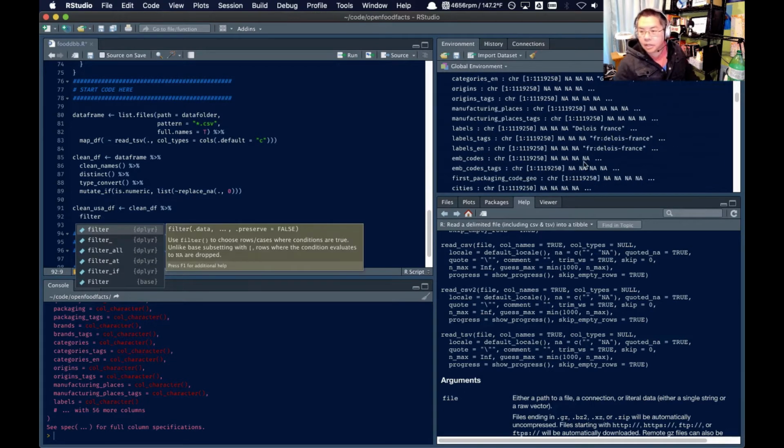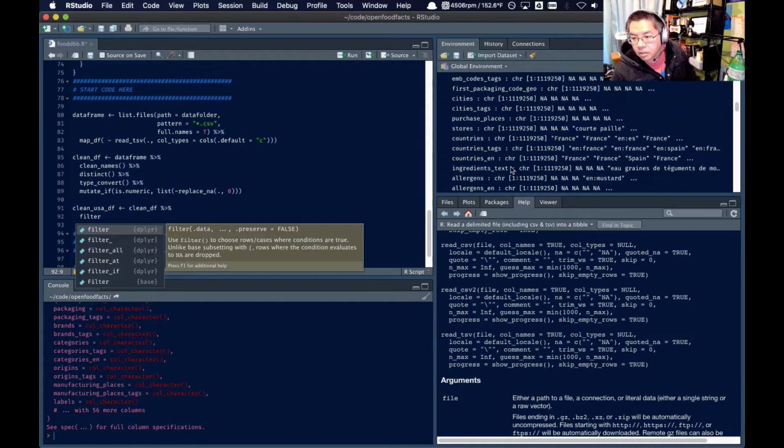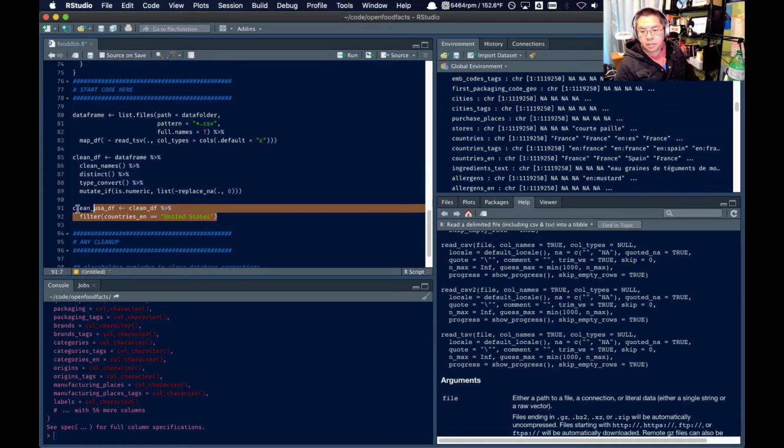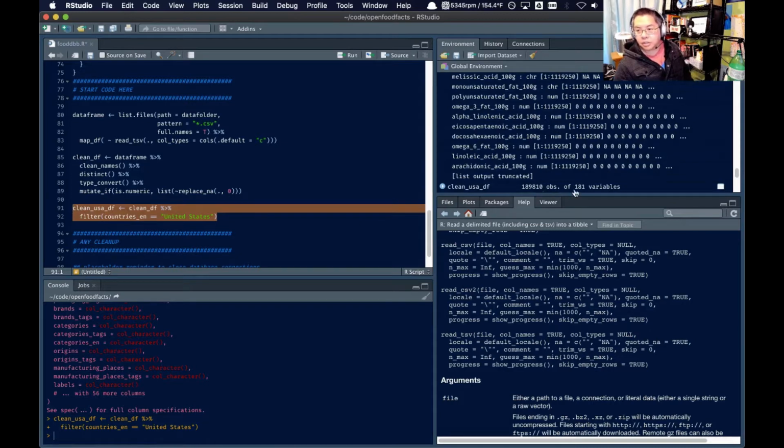countries. You just use country codes, but they don't have them. All right. Countries English. So here, we're now going to filter this table down to just foods available in the United States. Again, if this is your country,